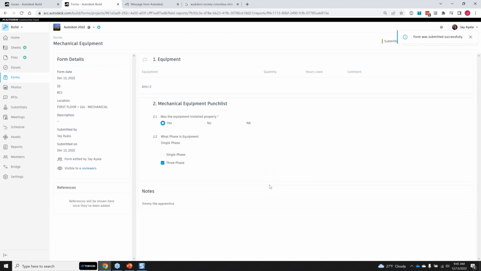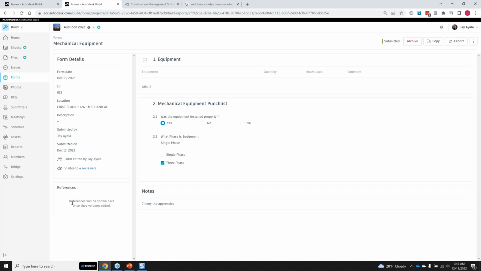So that's how we leverage the sheets, the lists. You can see again from the details, it was performed on December the 13th, 2022. It's got the ID, it's got that information here. It's got when it was submitted and who did it, right? So even had it been Jimmy, the apprentice who was on this project, it would show his name instead,